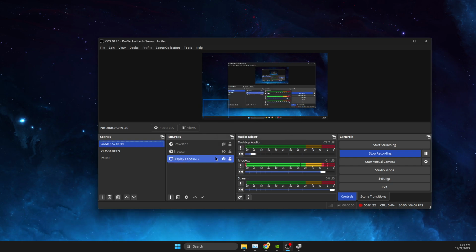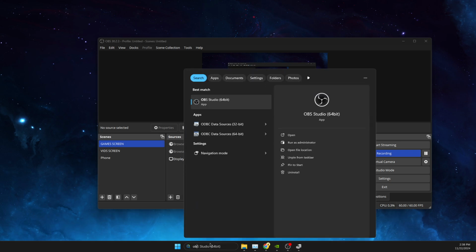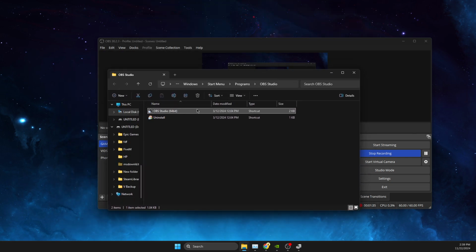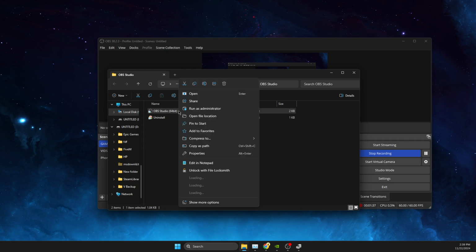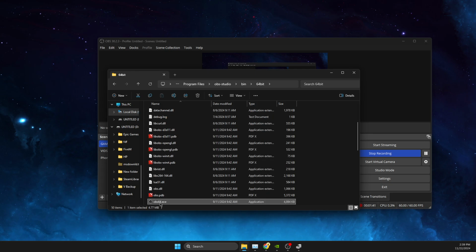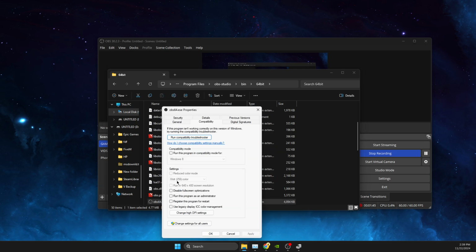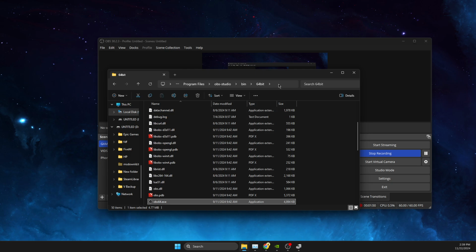Still, if it's not working, then what I suggest to do here is to close OBS, open up on search, look for OBS, right click on it, open file location. Currently I cannot close OBS because I'm recording, but for you it should be simple. Then go to open file location, OBS.exe, look for properties, and then compatibility, and run as admin, apply OK, and then copy the path of the